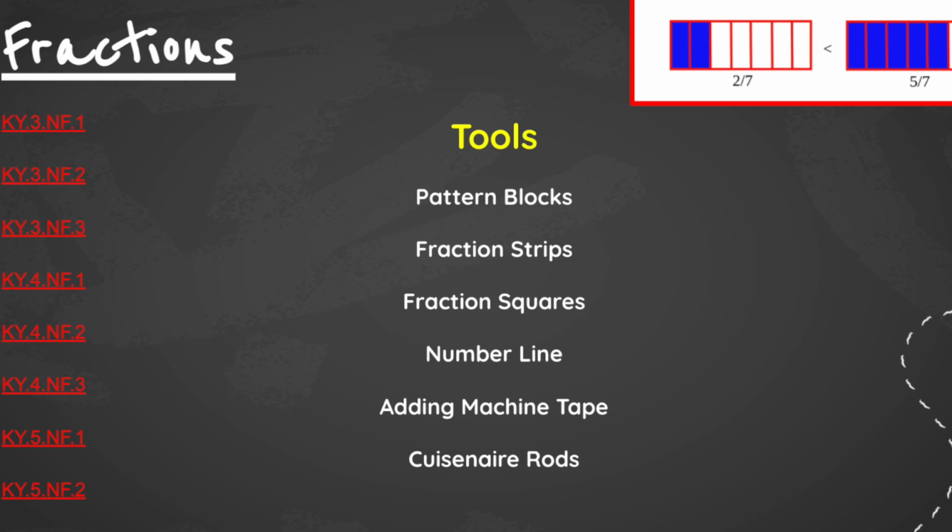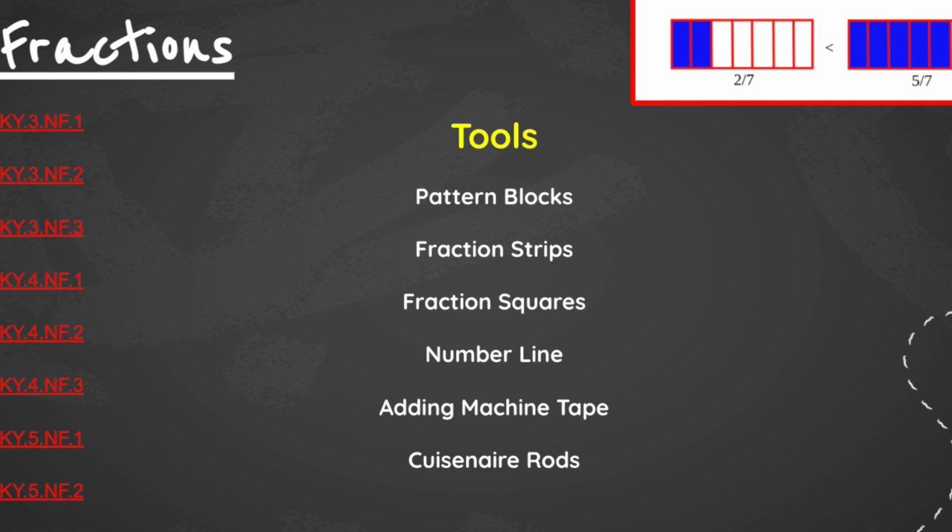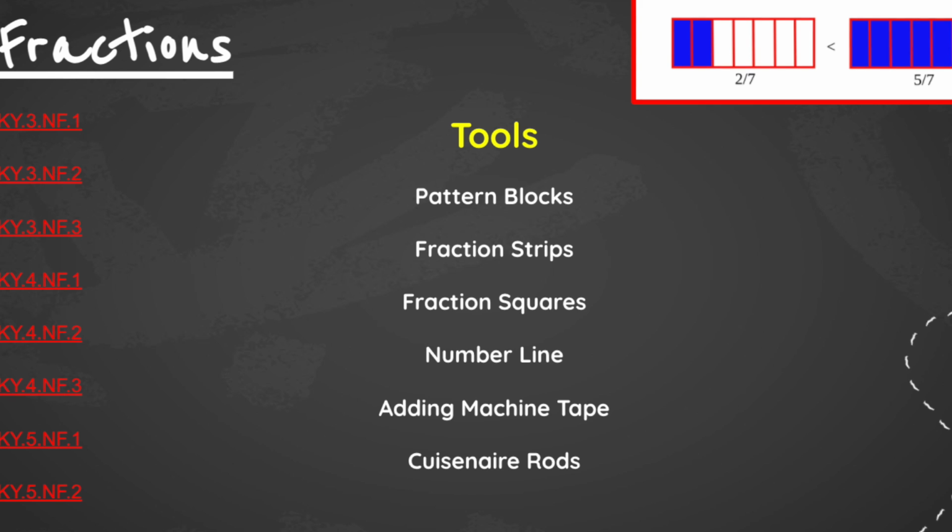And then of course, something that's not in your kit that I'll show you here, and these are fairly inexpensive too, are the Cuisenaire rods. The Cuisenaire rods are just what they are. They're just rods. And they come in different lengths, and you can match them. You can use these single units here and see how many it would take to fill that. So one of these would be 1/4, that type of thing. So just another tool in our toolbox. Okay.